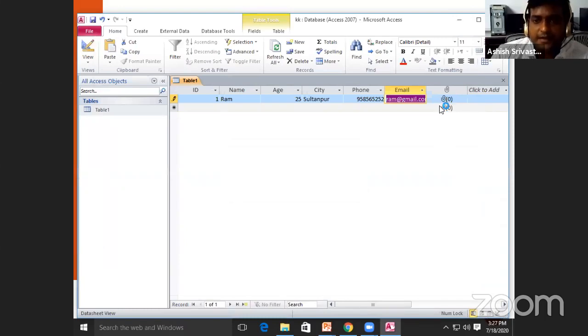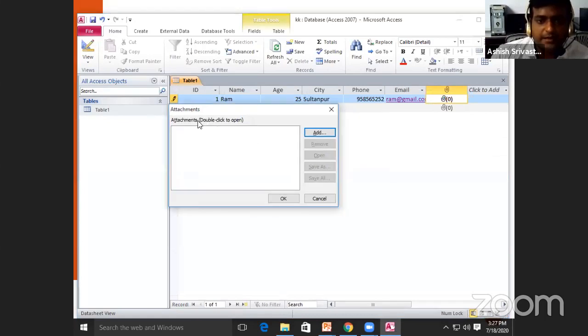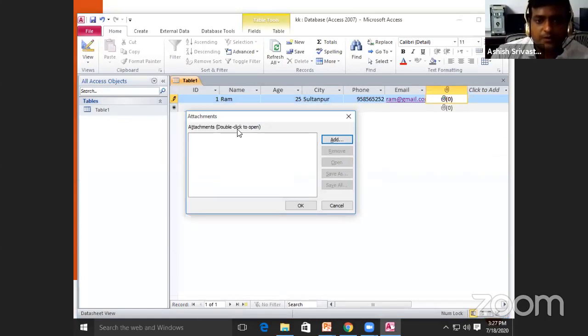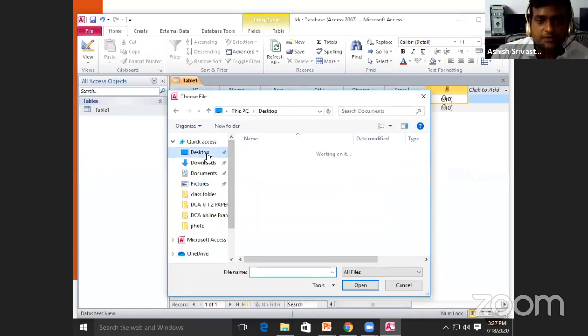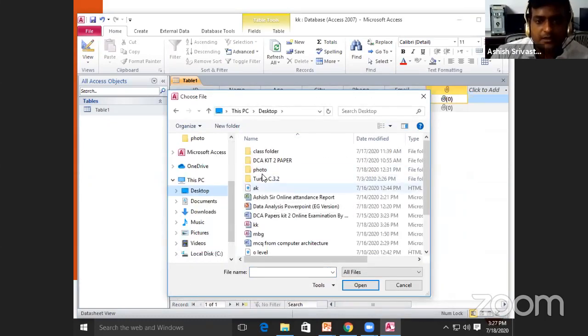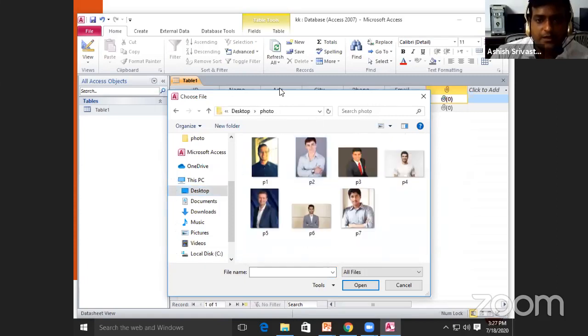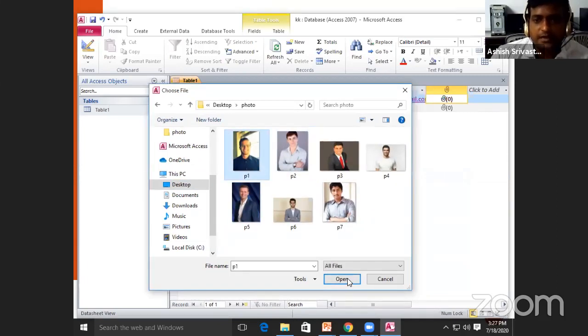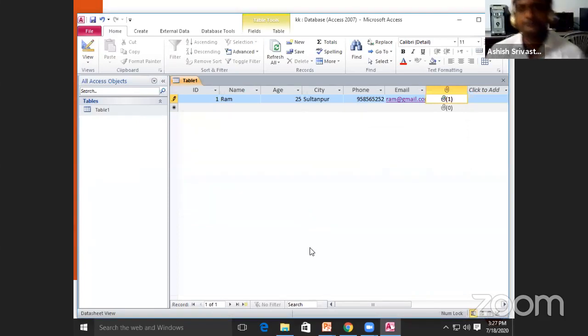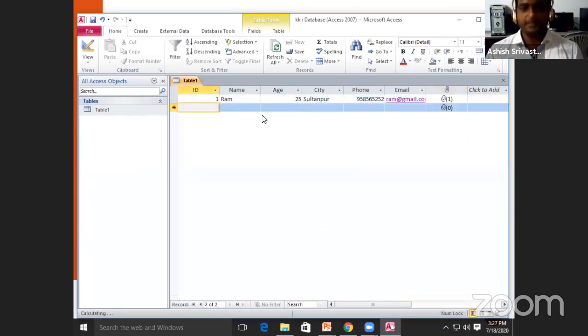So and after that, this is the attachment. जैसे यहाँ पर स्टूडेंट से रिलेटेड अगर कोई फोटो वगैरह यहाँ पर लगानी है, तो अटैचमेंट पर डबल क्लिक करके, जैसे ही हम अटैचमेंट पर डबल क्लिक करेंगे तो कुछ इस तरीके से पॉपअप डायलॉग बॉक्स ओपन हो जाएगा, और यहाँ पर ऐड पे क्लिक करेंगे, और फिर यहाँ से डेस्कटॉप पर जाएंगे, और फिर यहाँ पर जिस भी फोल्डर में जो फोटो लेना होगा, suppose that ये फोटो है, तो यहाँ से मैं ये फोटो अटैच कर दे रहा हूँ।